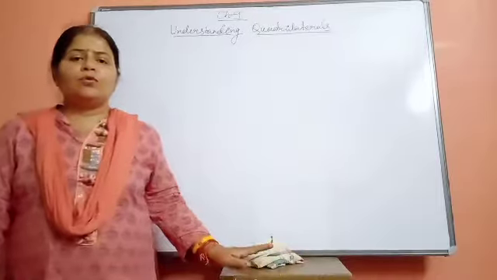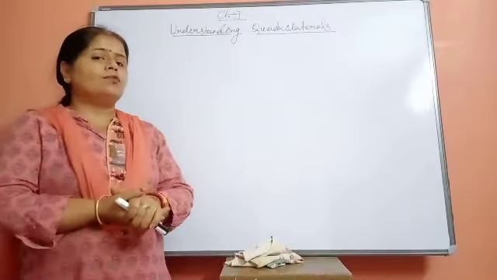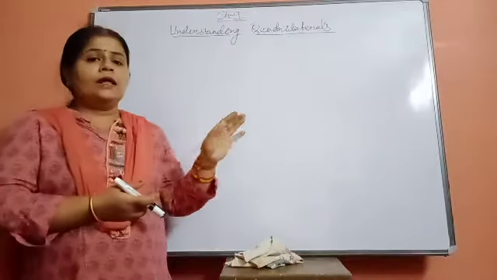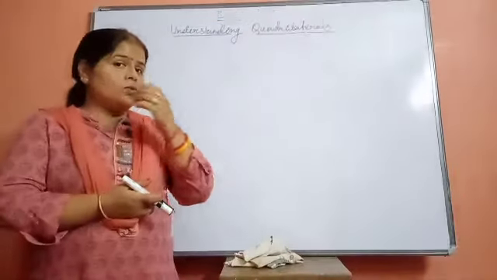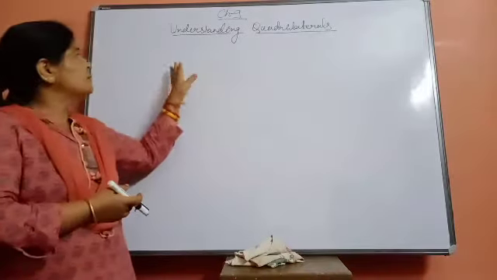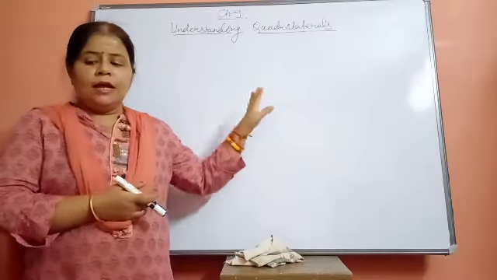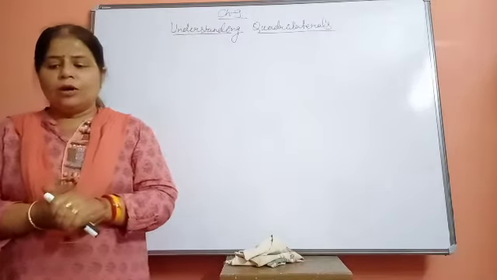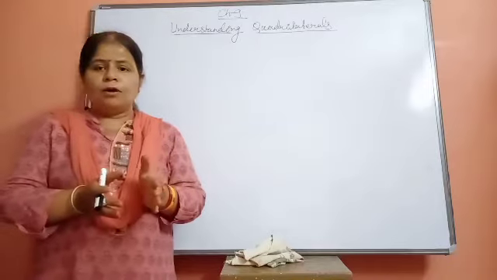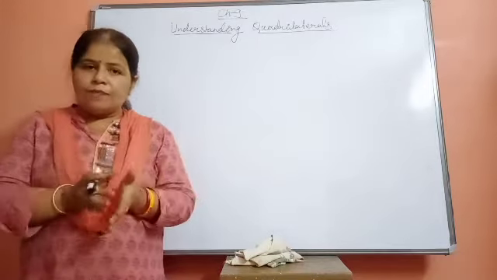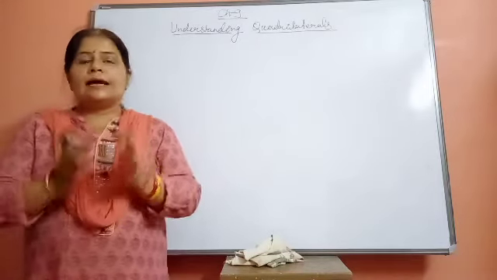Final assessment 2, we have completed up to chapter number 8. That was factorization. Today onwards we are going to start understanding quadrilaterals, that is chapter number 9. In this chapter we are going to learn the meaning of polygons, then types of polygons, then angle sum property